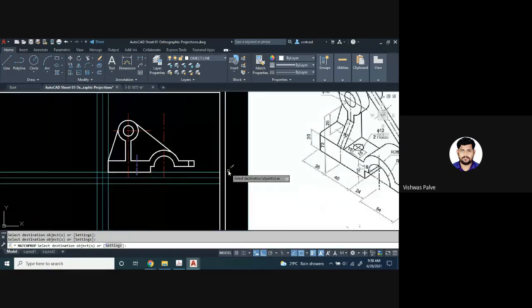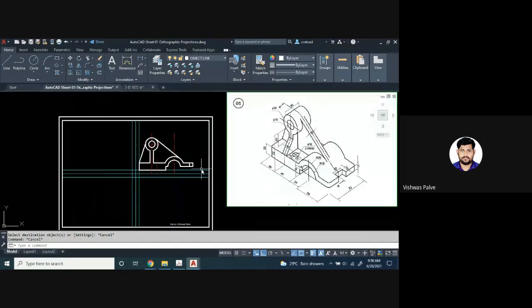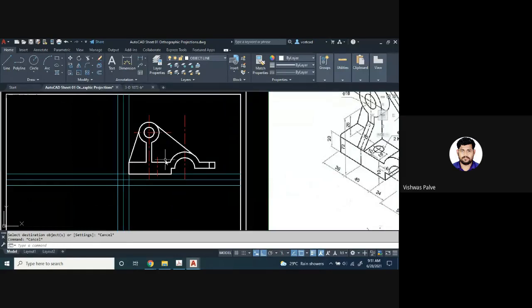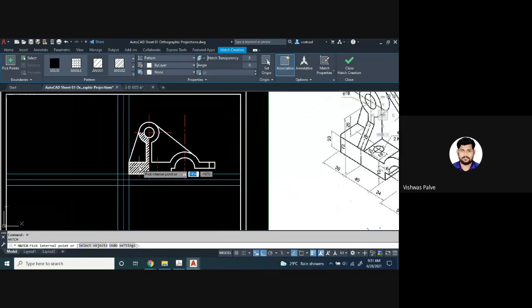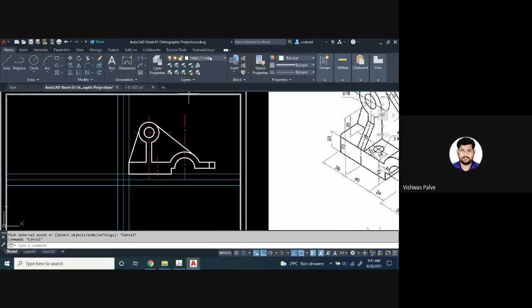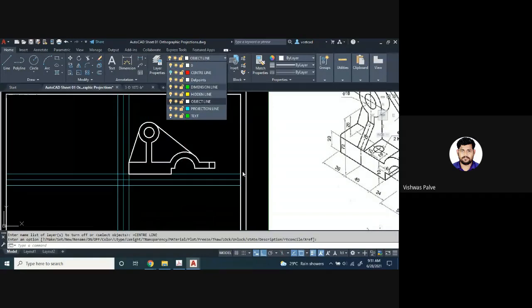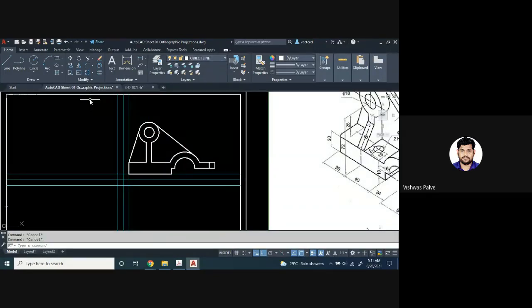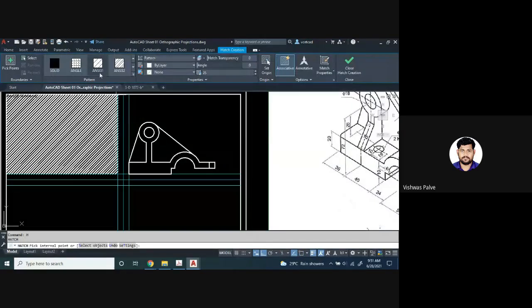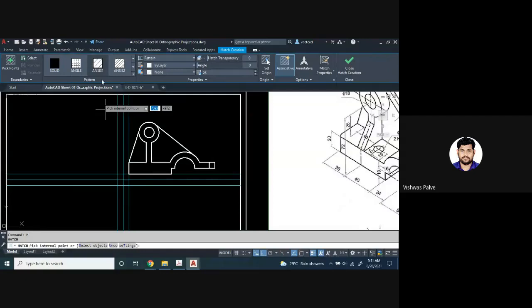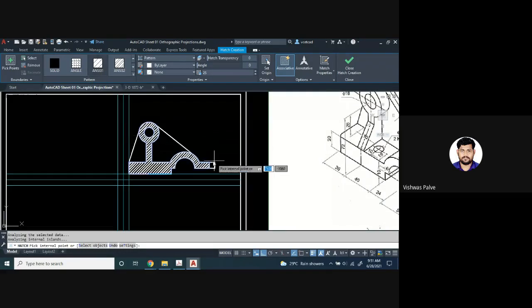Now if I want to show hatching here in this sectional front view, H enter is the shortcut. With H enter, we will directly go to hatching. Which portion do we have to hatch? Before showing the hatching, I'll hide the center lines, so it will be helpful for me to show the hatch. In the hatching you have to select ANSI 31. Then you have to select the point wherever you require the hatching. You can see in one single click I have selected only this portion.